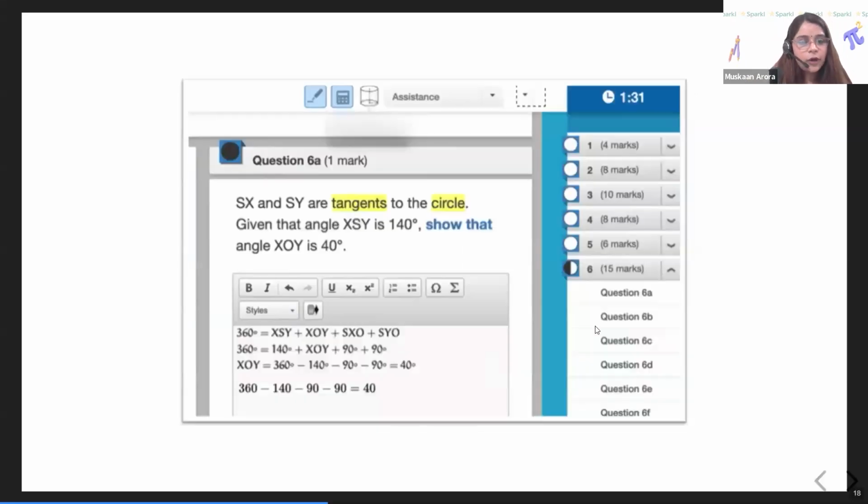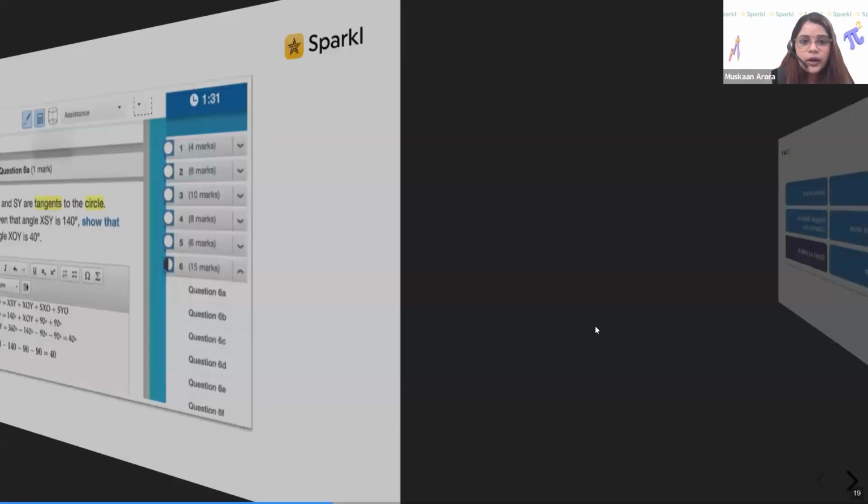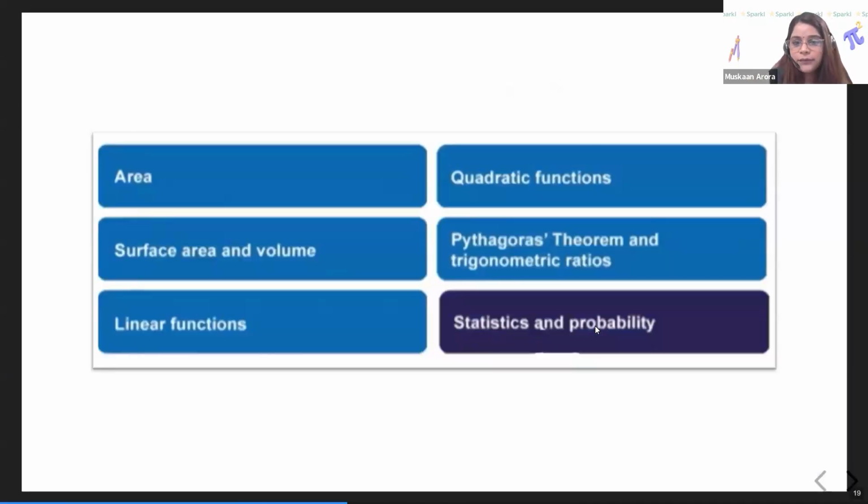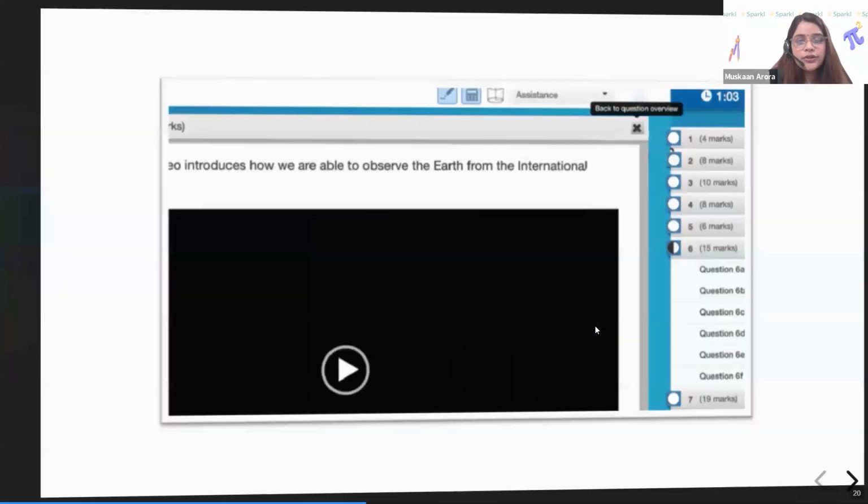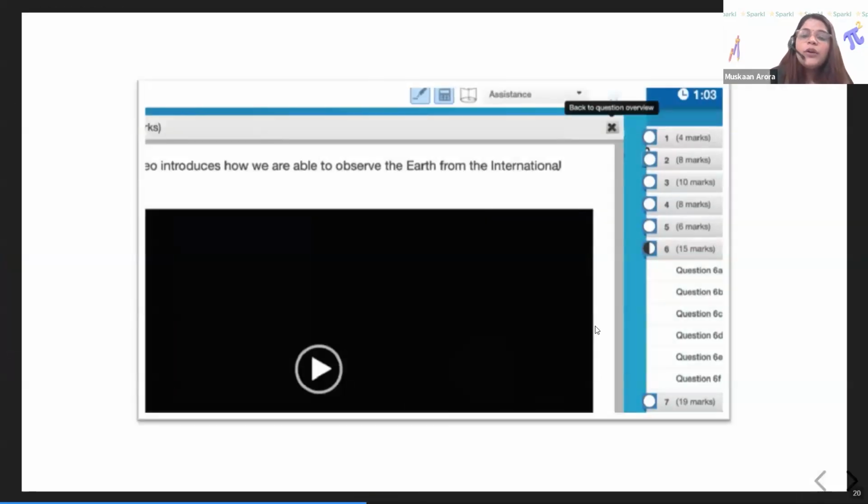Now comes the formula booklet. Yes. So you click on the formula booklet icon. We just saw it. This is the section of formulas that we have, and you can just select whatever you want to. Now, once you're done with the question, how do you go to different questions? How can I go to question number 7, for example, if I am done with my response for question number 6? Anyone?